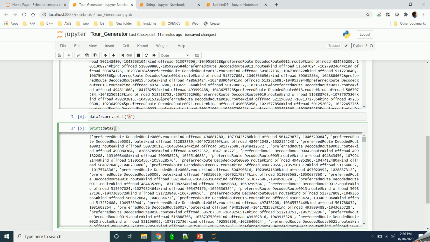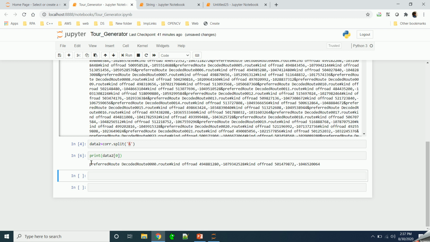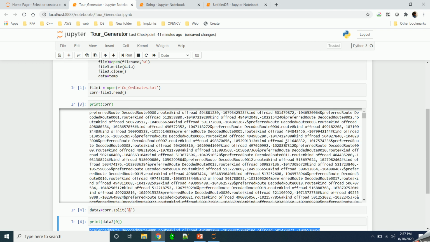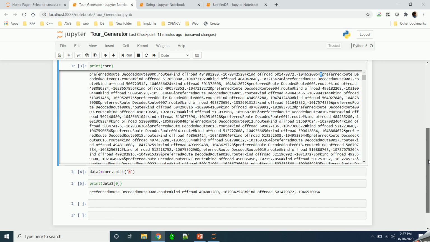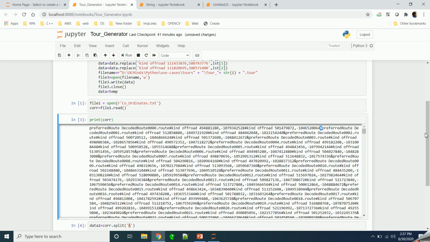If it is a list, now you can access the values using indexing also. So you are getting one value, because it has been split now. One value is this till here because it was separated by this. So the thing to understand is that once you know the concept of string and the various operations like splitting, indexing, updating, and formatting, if you know all those concepts, you can write your script based on your requirement.